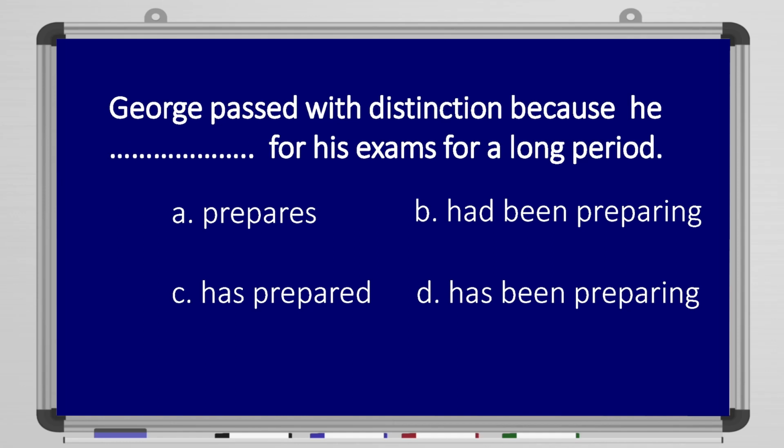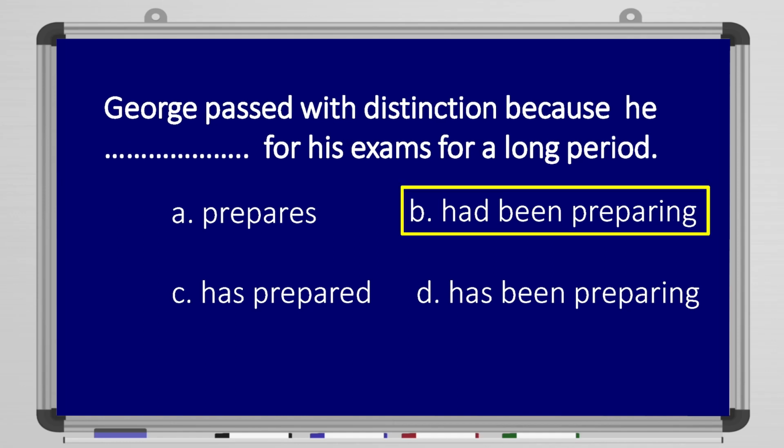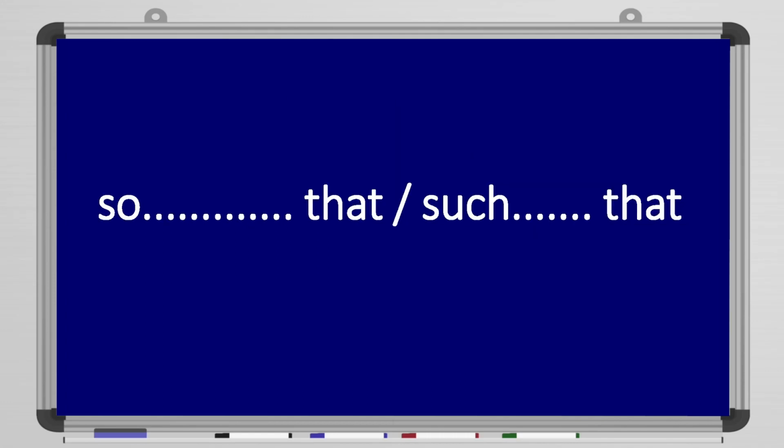He passed. The first verb is in past tense. So what will the other verb be? He had been preparing. Why did we choose had been preparing? Because we have the duration for a long period. The duration. Easy. This brings us to the second grammar rule we'll cover today, which is so that and such